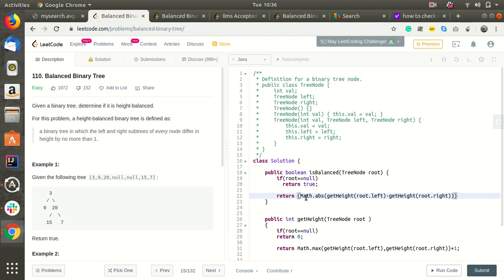If it is less than or equal to 1, then it is acceptable.